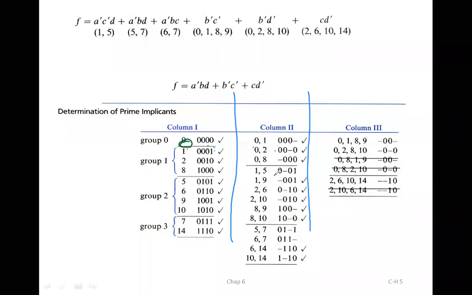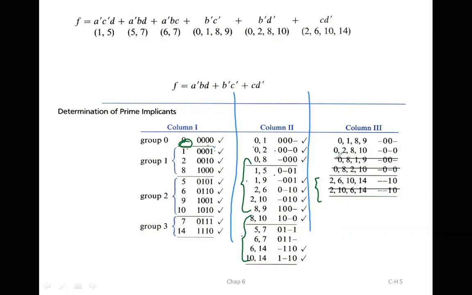Then you have to compare the second group of column 2, which is this group, and the third group of column 2. This is the second group and this is the third group. When I compare, I'll get these two. Okay. Now what you have to do, what is same, we will remove it. See, if you see the first one, it is 0, 1, 8. You just see the bit change. Hyphen 0, 0 hyphen, hyphen 0, 0 hyphen. So it is common, that's why I'm removing it.